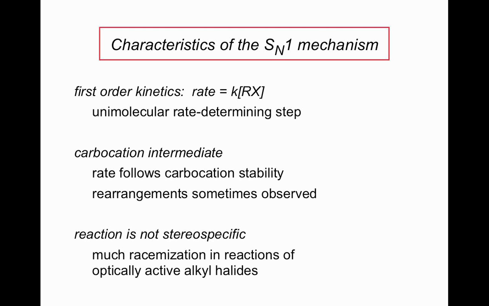So first, let's begin by reviewing the characteristics of the SN1 mechanism. Recall that the SN1 mechanism displays first-order kinetics, which means that the rate-determining step of this mechanism is unimolecular. Only the concentration of the alcohol or alkyl halide matters in the rate-determining step for SN1 reactions. Because we have a unimolecular rate-determining step, we form a carbocation intermediate. The rate then is determined by the relative stability of that carbocation intermediate, and because it's a carbocation, it of